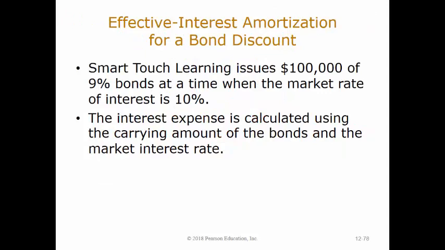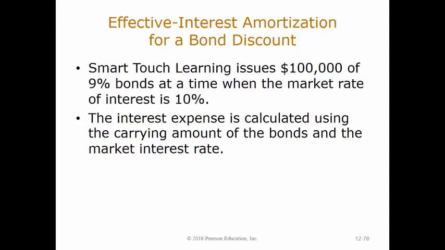Assume that Smart Touch Learning issues $100,000 of 9% bonds at a time when the market interest rate is 10%. These bonds mature in 5 years and pay interest semi-annually, so there are 10 semi-annual interest payments. As you just saw in Appendix 12A, the issue price of the bonds is $96,149, and the discount on these bonds is